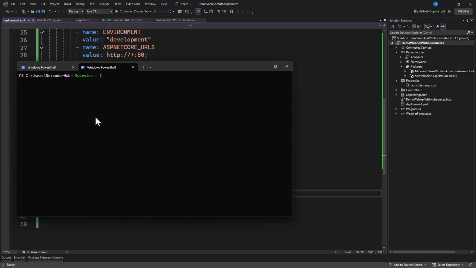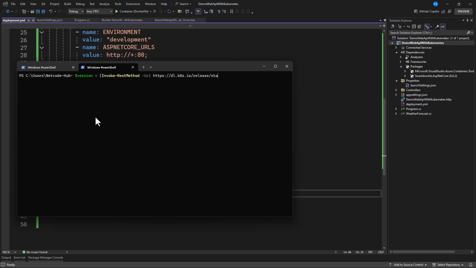I will need to type in some commands in order to get this. So that is Invoke-RestMethod -Uri https://dl.k8s.io/release/stable